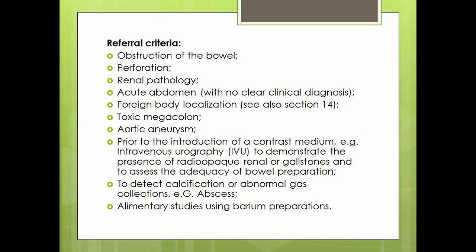So when the patient comes, as I already told you in the previous class, what are the referral criteria? Means indications: obstruction of the bowel, perforation, renal pathology, acute abdomen disease, any foreign body. We want to just localize the area, any megacolon, aortic aneurysm, or anything we want to see before IVU,